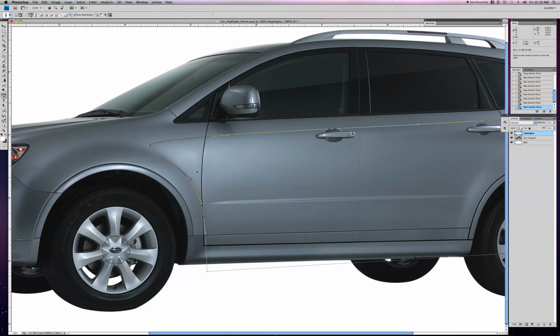And so what I'll do is I'll continue to go around. I'll use my pen tool. I'll trace areas where I see a highlight. And once I do that, I'll make my selection and paint that area in. So there's another selection. I'm going to hide that, brush tool, and I'm just going to go in and paint again with that. And usually it takes a couple of tries with the brush to get the right opacity. So I'm going to continue to go around this car, drawing in selections with my pen tool